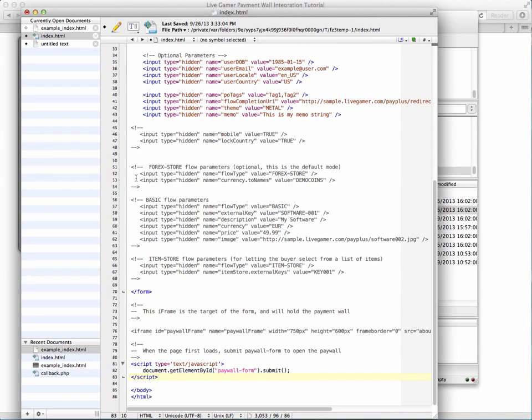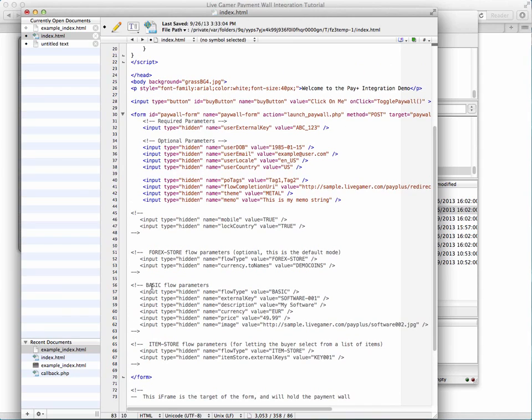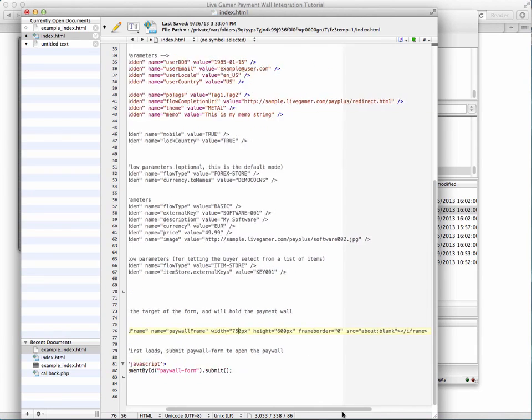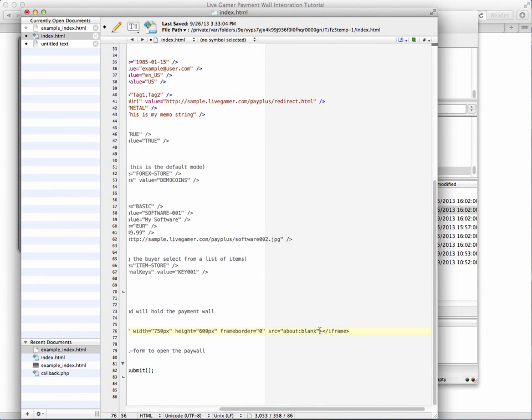There are several different ways that the payment wall can work, and these commented out sections will enable different functions of the payment wall. But for now, I just want the basic function, so I'm going to use the defaults. Once I have that, I want my payment wall to start off invisible so that I can light it up by clicking on the button. So I'm just going to quickly add a style to hide it, like so, and I will save the file